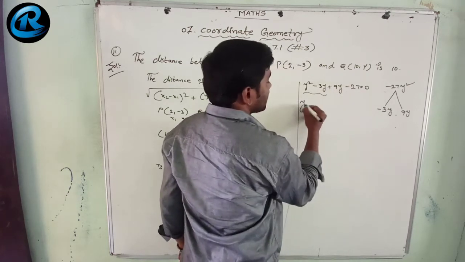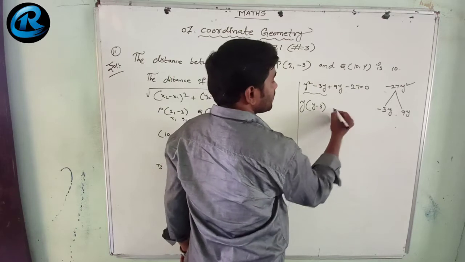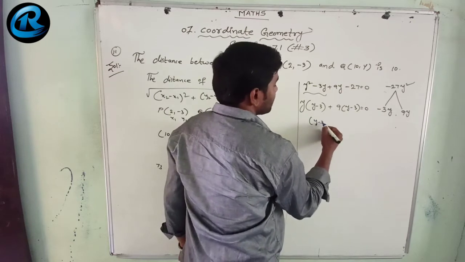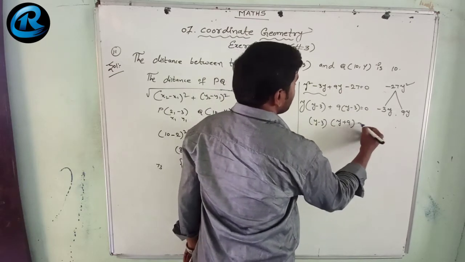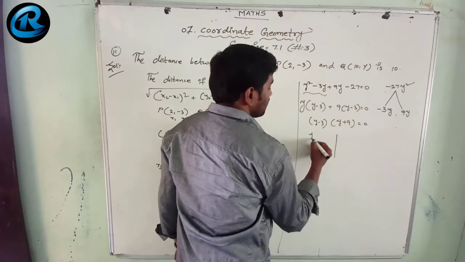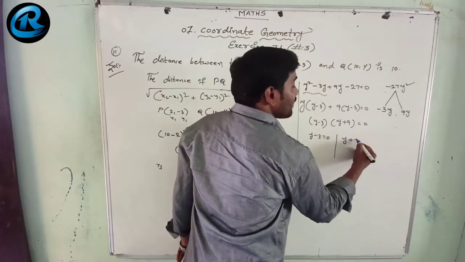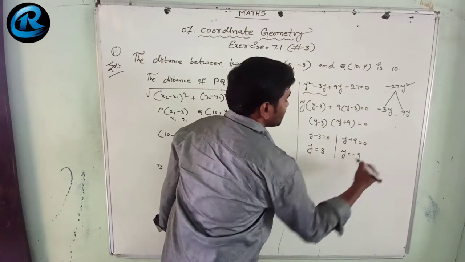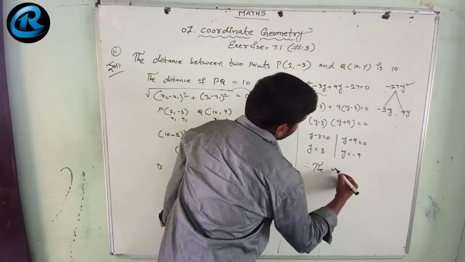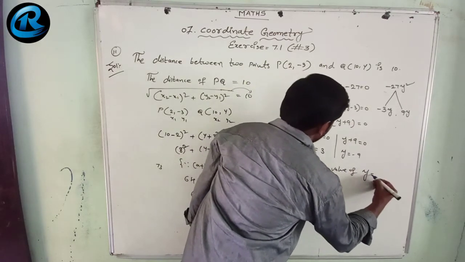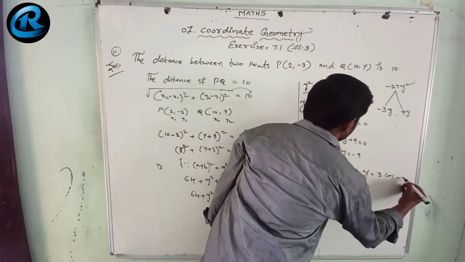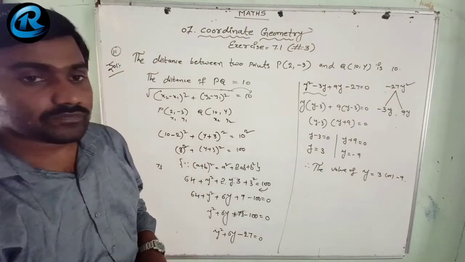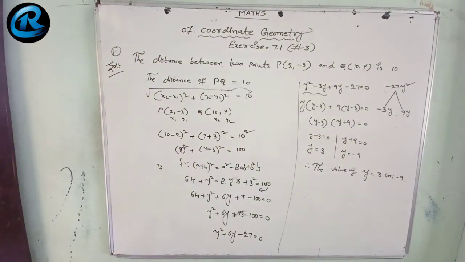In these two terms, let us take out y common factor, y minus 3 will be left, plus 9 we take out common factor, y minus 3 equal to 0. Then y minus 3 we take out common, then y plus 9 equal to 0. Hence y minus 3 equal to 0, y plus 9 equal to 0, hence y equal to 3 and y equal to minus 9. Therefore, the value of y equal to 3 or minus 9, and this is the solution. I hope you understood this 11th solution.